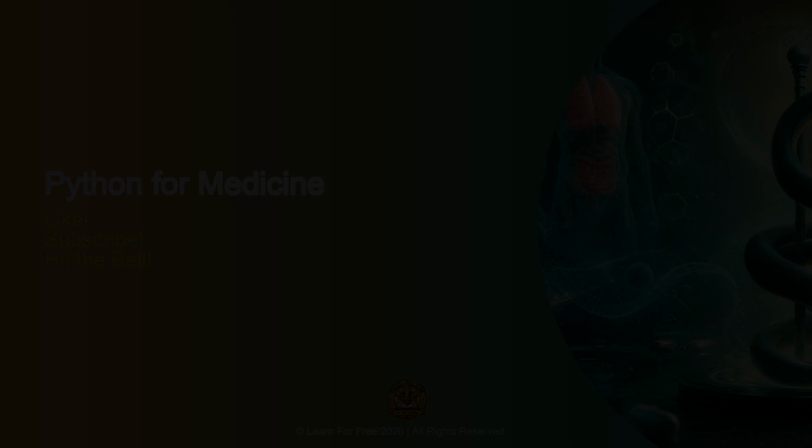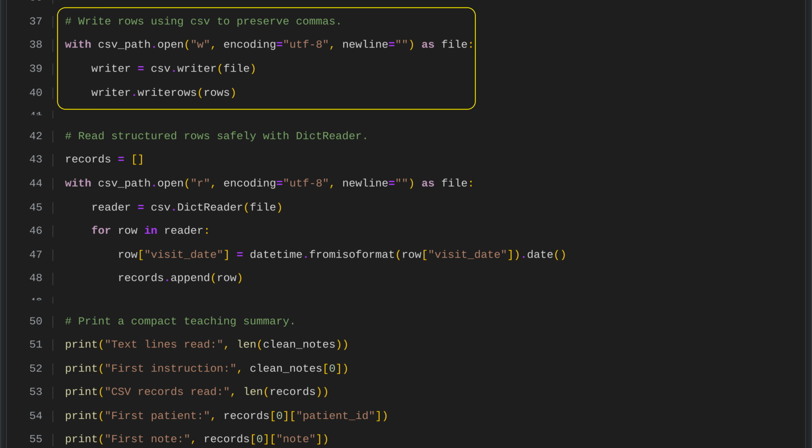To write data to a CSV file, the file is opened for writing with UTF-8 encoding and proper new line handling to keep the format consistent across systems. A CSV writer is then used to write the prepared rows into the file, automatically formatting each row with comma-separated